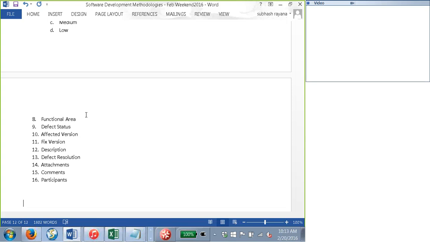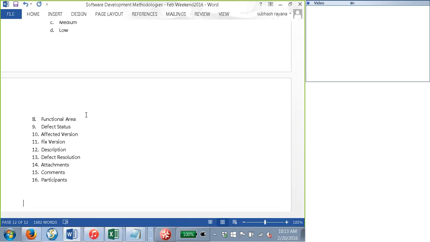And if you are testing the accounts module, and you find a defect, then it basically is part of the functional area accounts. Let us say you are transferring funds, and transferring funds again there could be multiple functional areas, right? You could have funds transfer internal, funds transfer external, right? So again, you subcategorize. What happens is normally when you set up this defect management process, you will have a